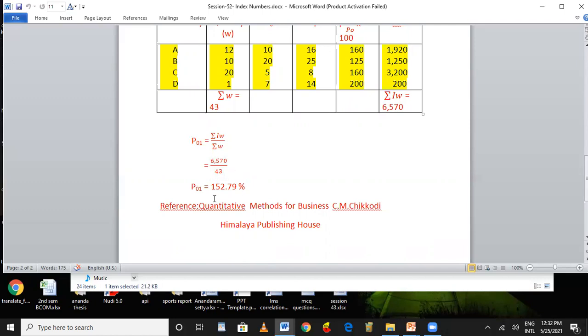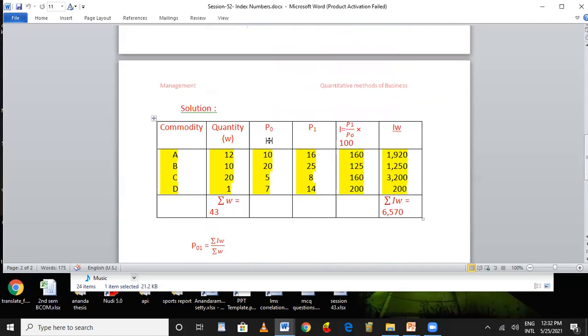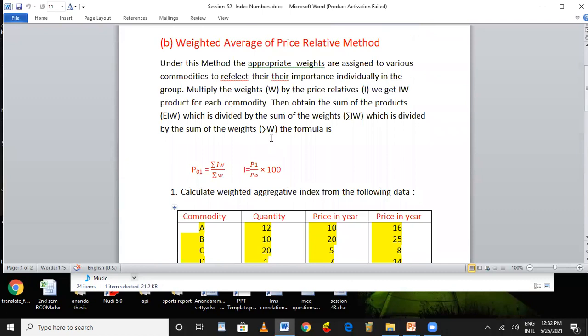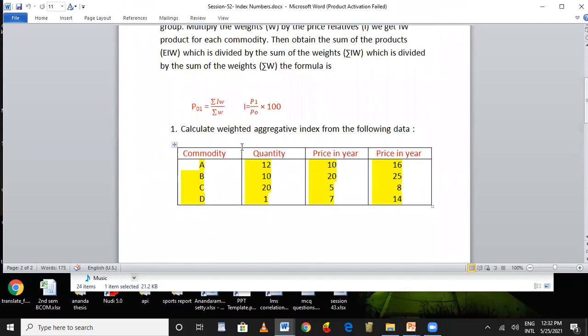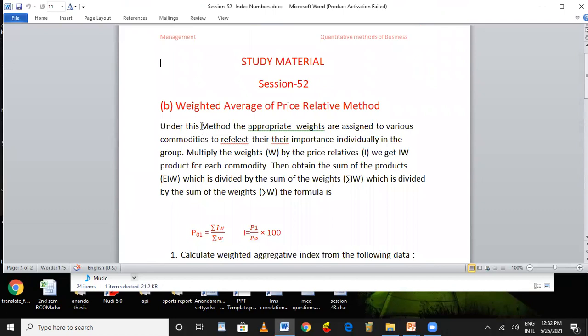It comes to 152.79. 152.79 is the P01, the index number. How we got this in the weighted average of price relative method means appropriate weights are assigned